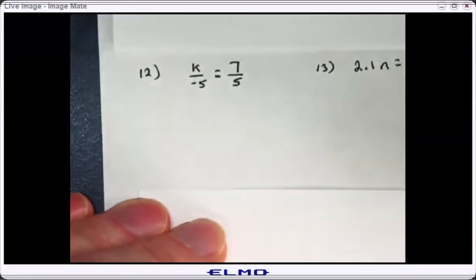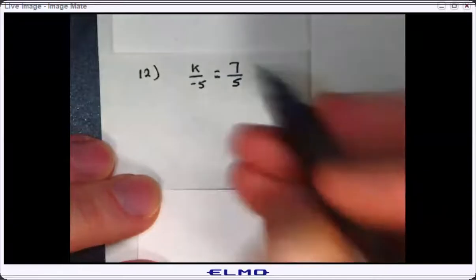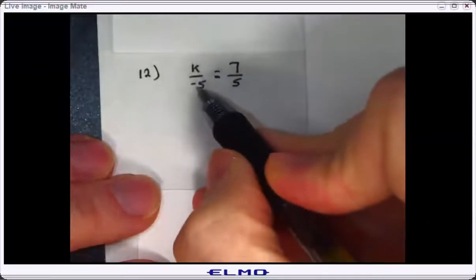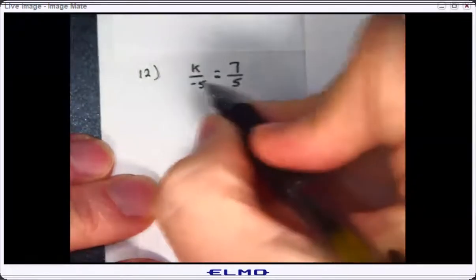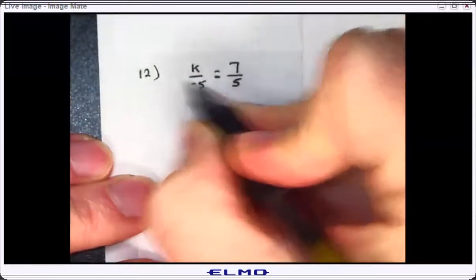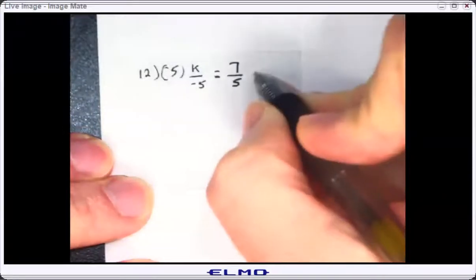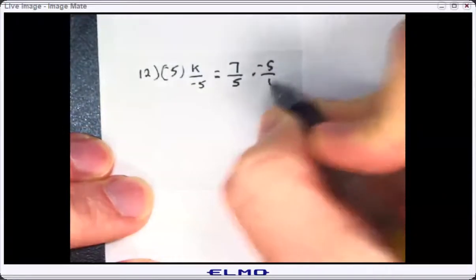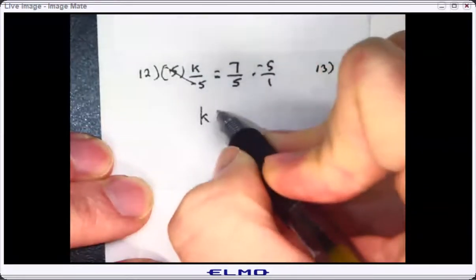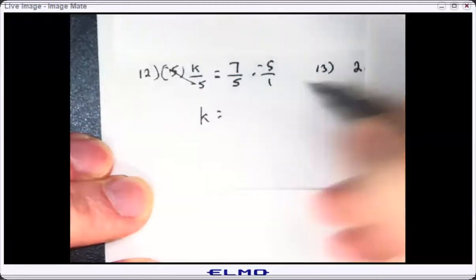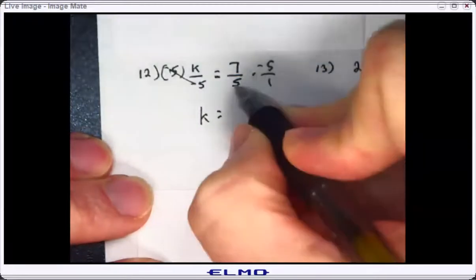Okay, k over -5 equals 7/5. Now I can look at this as 1 over -5, so I can multiply by the reciprocal, which is -5 over 1, or I can look at it as divided by -5, so I do the inverse operation, which is times -5. And I'm going to put it over 1 on the right side so that I can work that out. You could put 7/5 times -5 in your calculator, but I like doing them on paper, so my 5s,